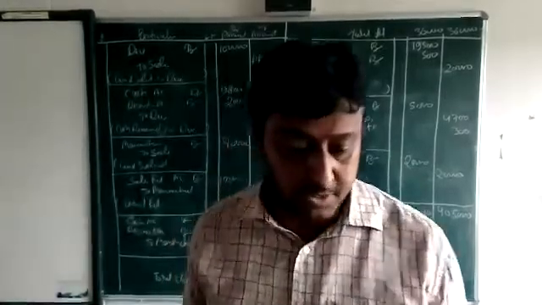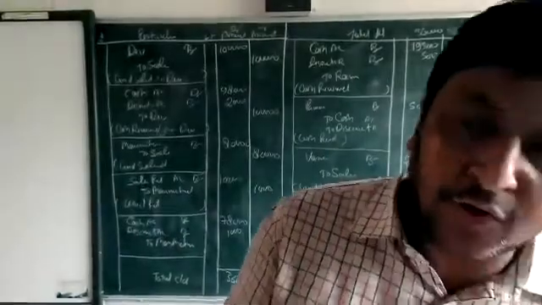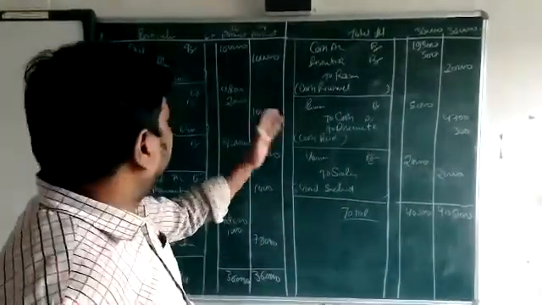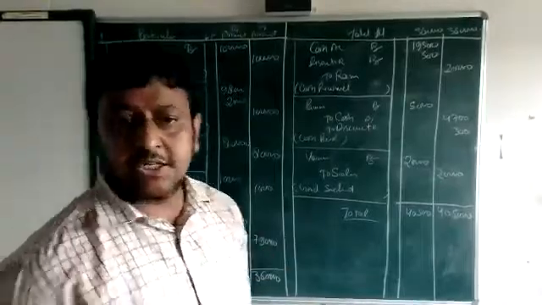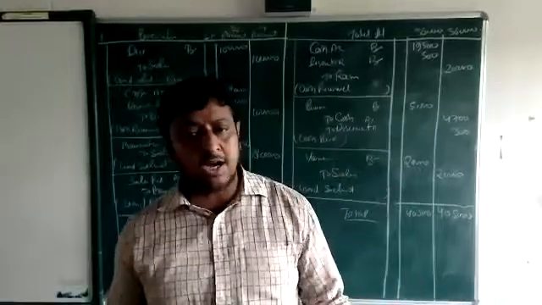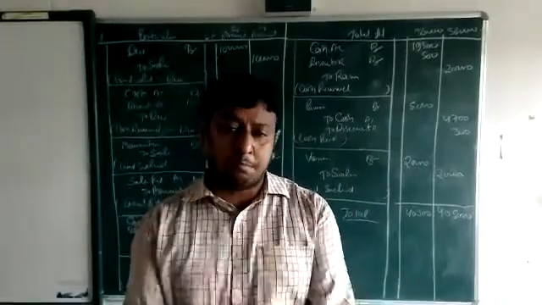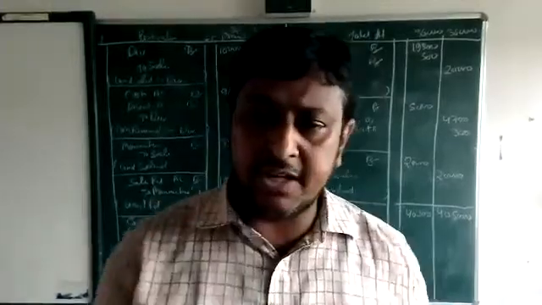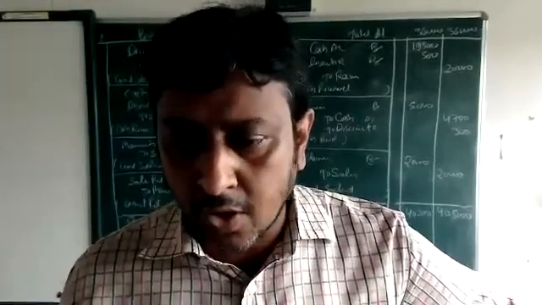Okay. In this way, we are going to do all the transactions as entries. In this question, we are going to see the discount. If discount is received, it is income, credit. If we pay it, that is expense, debit. Okay, beta. In this way, we are solving the question. Okay.